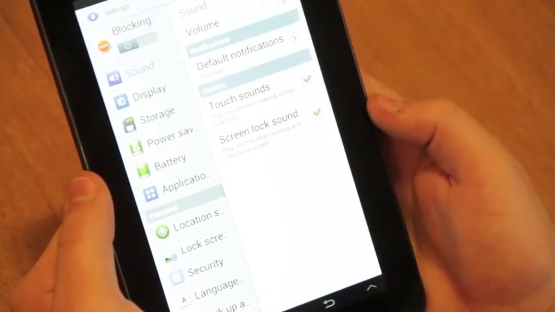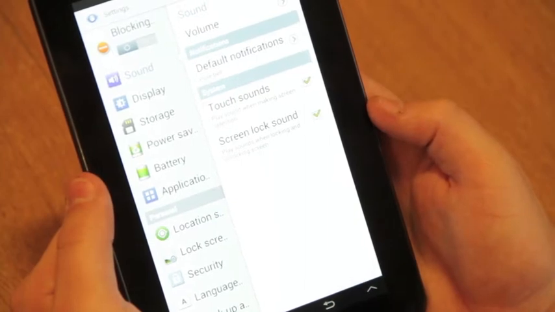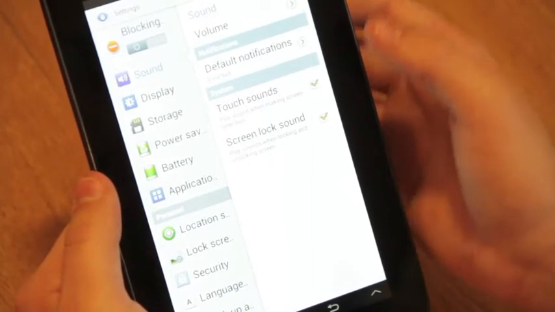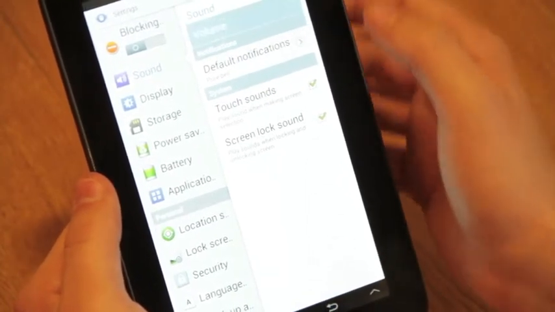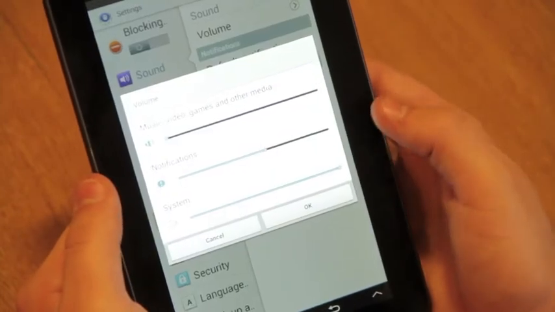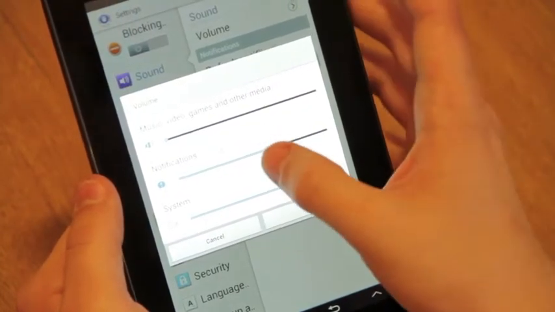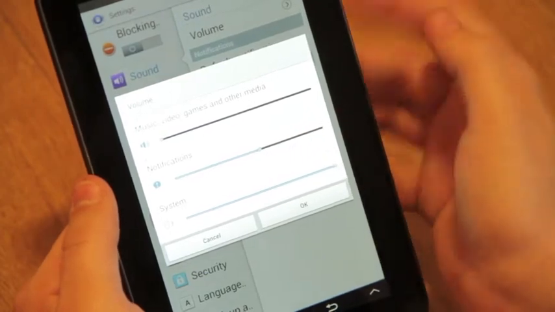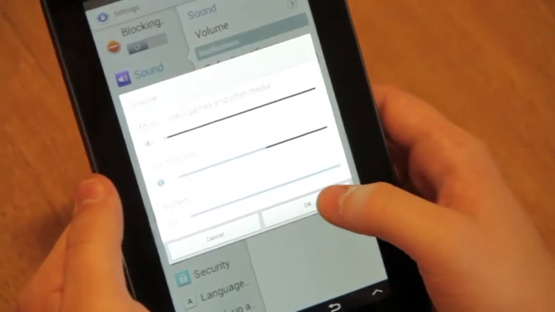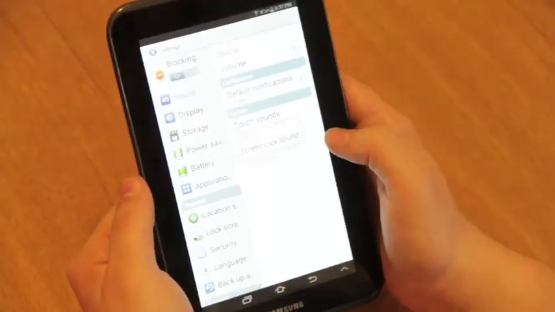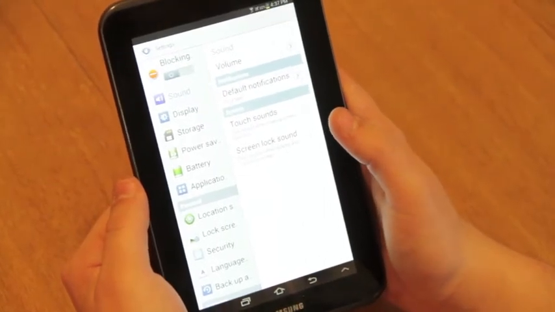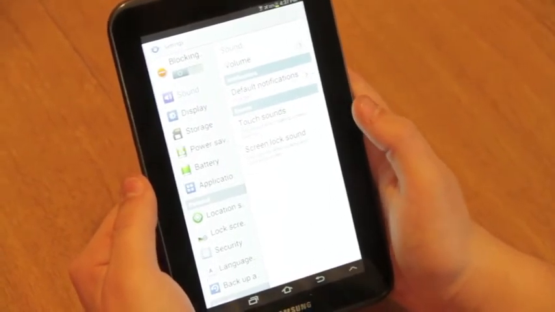If you don't hear any sound when deciding on a notification, make sure the volume is high enough to be heard. To change the volume of the notifications, return to the volume option and slide the cursor to the right until an appropriate volume is selected. Press OK. If you prefer the keyboard in your selection to be accompanied by sound, check the box next to